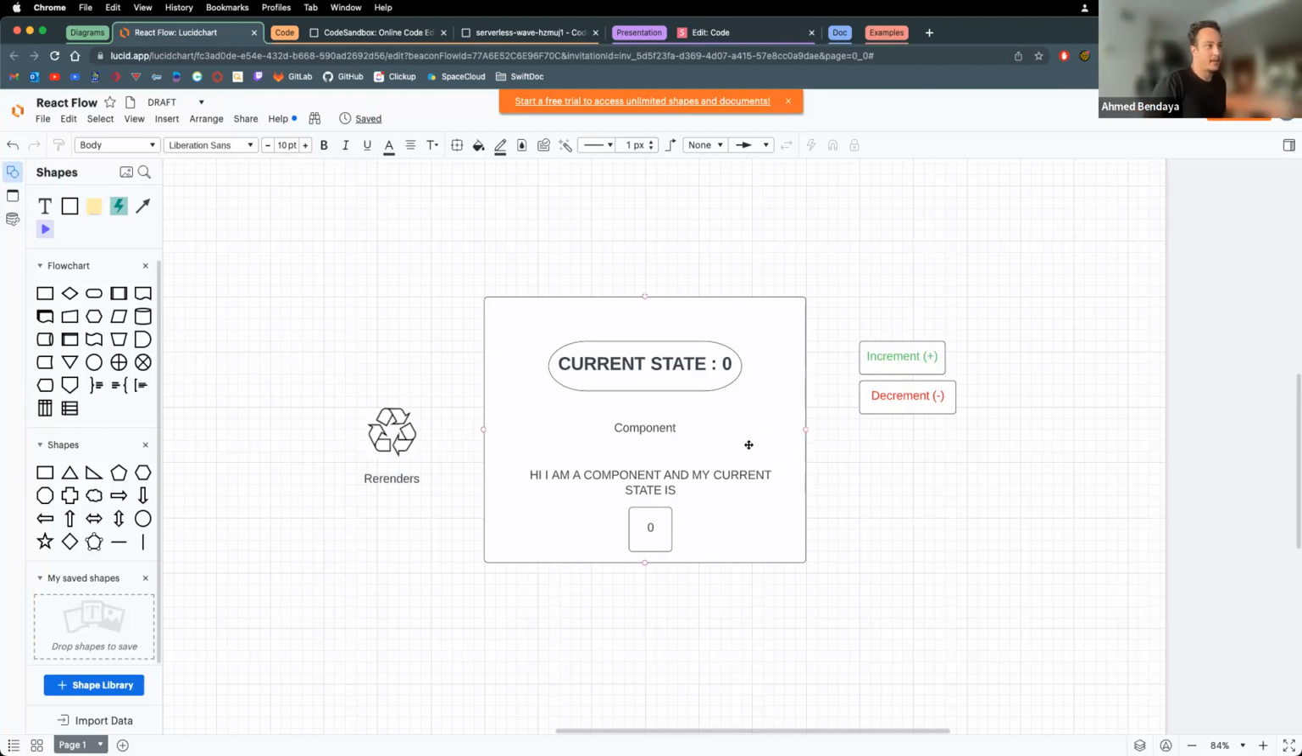Let's say I have a component. A component is just something, it could be a button, a div, an input, anything. And that component has a state, and the value of the state is 0, let's say. So my current state right now is 0. And the component is showing, "Hi, I am a component, and my current state is", and it is showing the value that is here. So if I have two buttons, one to increment and one to decrement, and I click on this one,